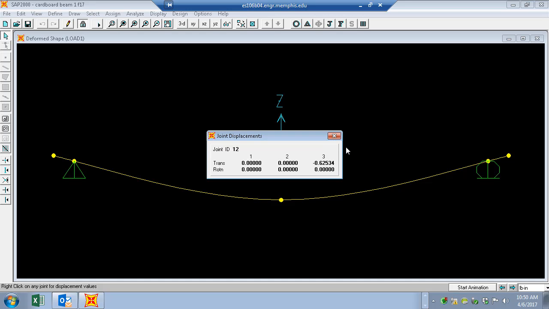So that's 0.625. That's close enough for me. So let's go back and write that down. So we now have the displacement at C is 0.625, and that'll be inches. What else do we need to calculate the sum of normalized weight and displacement? We need the weight of the beam, right? Remember, the sum of normalized weight and displacement is the beam weight